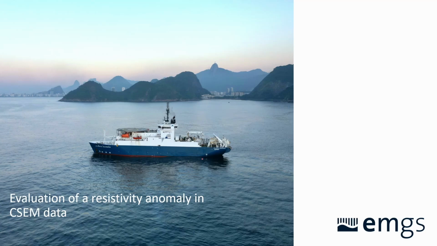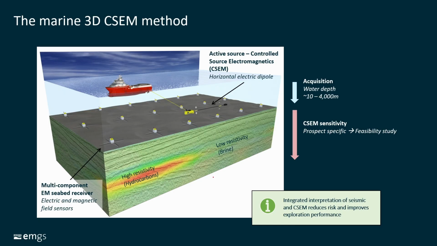Hello, this is a video about the evaluation of resistivity anomalies in CSEM data. As you probably know, CSEM is a technology that allows us to predict resistivity in the subsurface, like this one that's overlaid on seismic, by putting some voltmeters on the seabed and towing an antenna that generates an electromagnetic signal out here. And the propagation of that electromagnetic signal being captured in the receivers allows us to reconstruct the resistivity